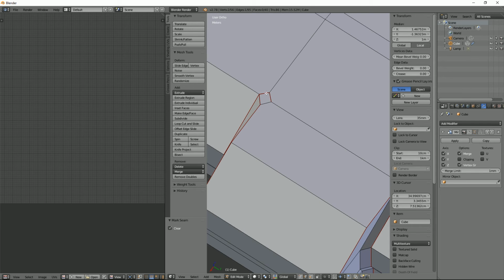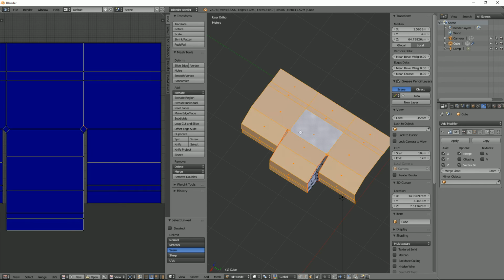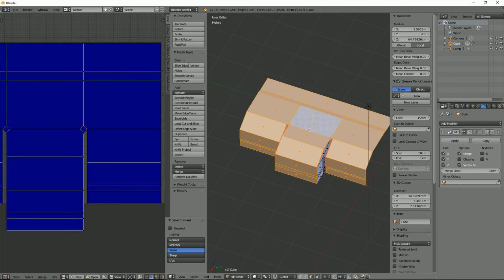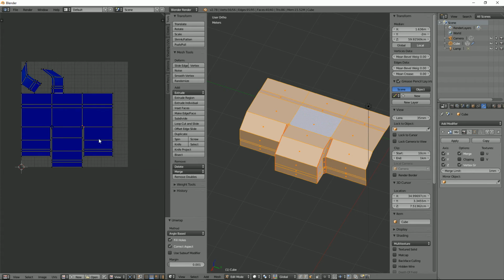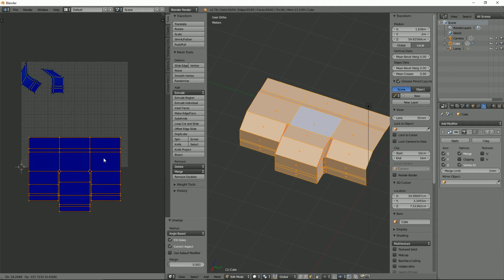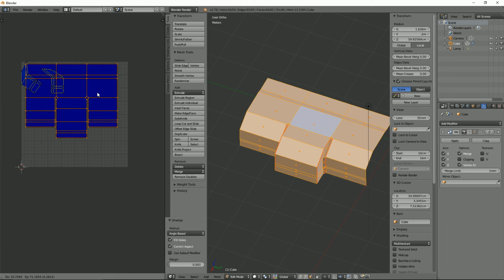Unwrapping is such a beast. Control E, clear seam. Control Tab 3, L. That's fine. U, unwrap. There, perfect, perfect. Right, now we just do A, U, unwrap. And I'm pretty happy. So we'll just Control Tab 4, grab the lot, put it in that corner there, and